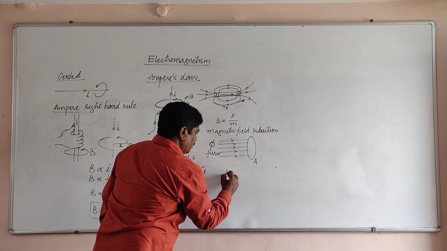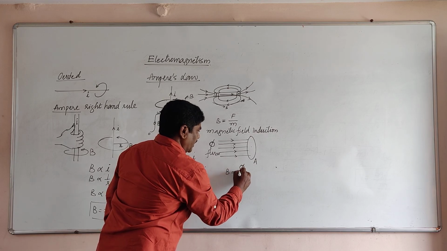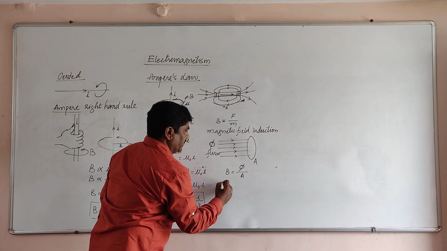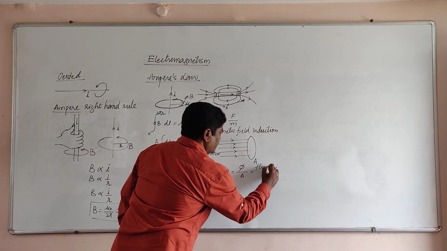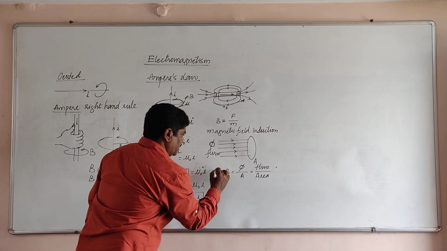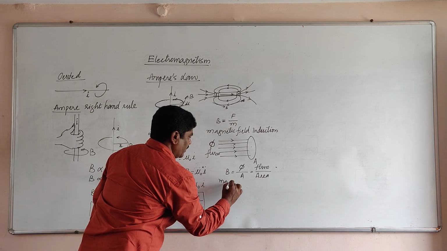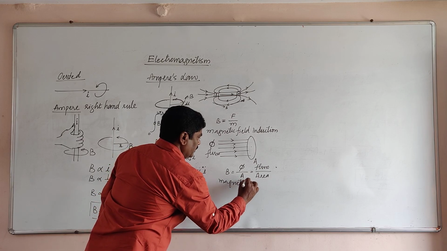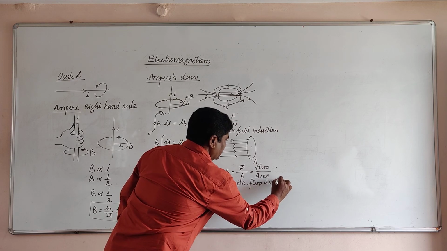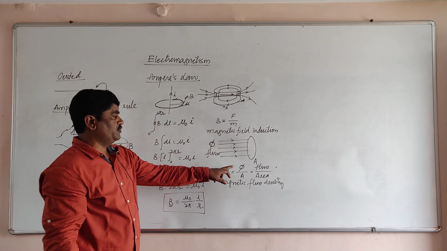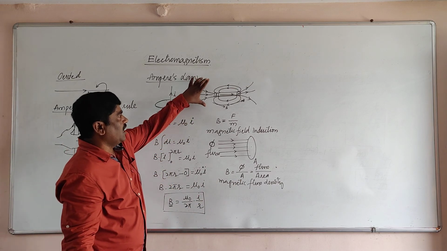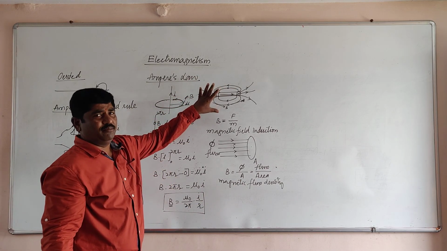So this magnetic flux per unit area, flux by area, is nothing but magnetic flux density. What is the unit of this one? Weber per meter square. You see how these lines of force can be spread in the magnetic field,